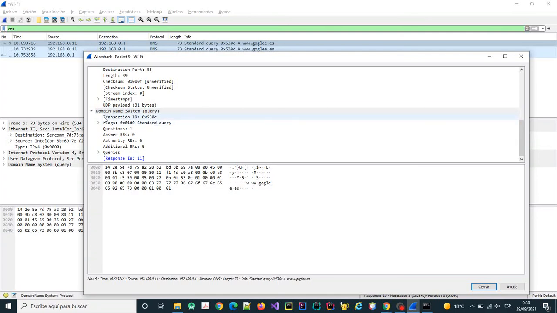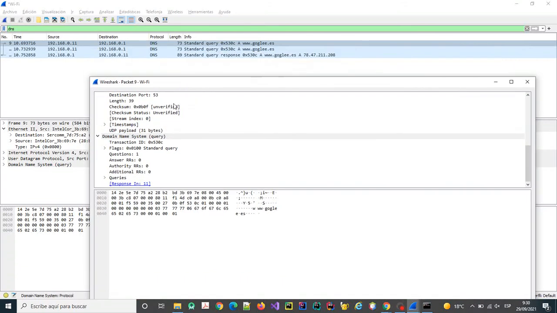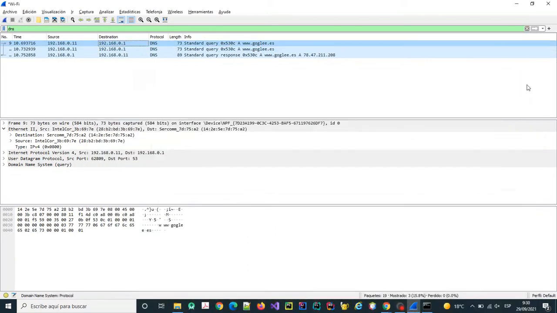We are asking the DNS server who is google.is, and there is how this works. If we open this other message,